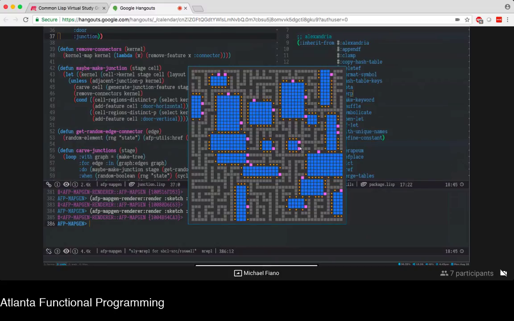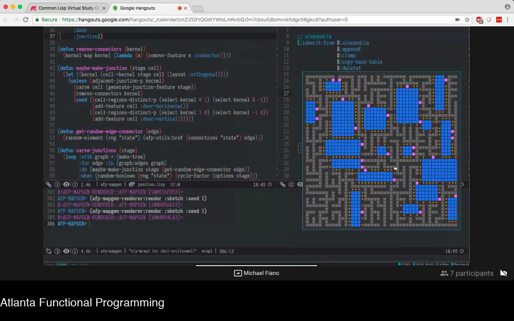If you note the connectors that would be one cell away from each of those junctions, they have been removed. There's no orange dots around them. Then basically we detect once again if the distinct regions were